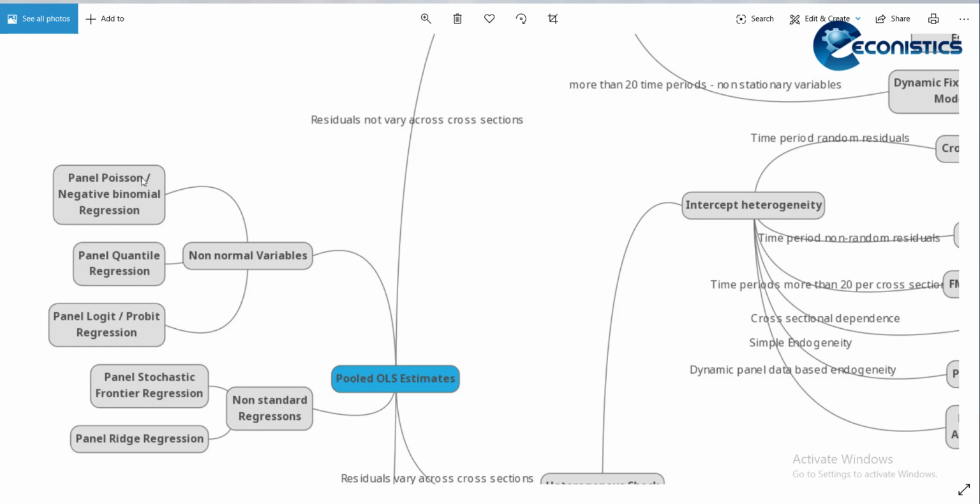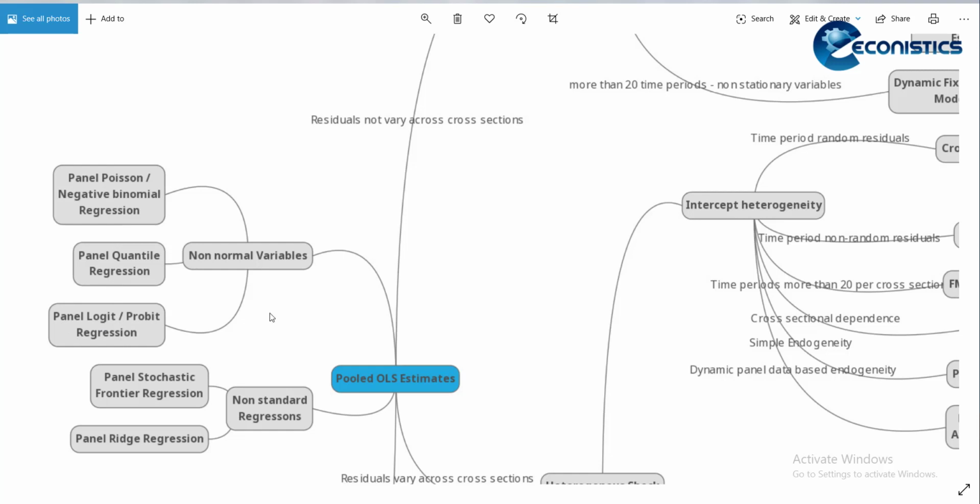If the mean and variance of the variable are the same, then it's Poisson, otherwise it's negative binomial. Then if the dependent variable is not normal, you can use quantile regression using the median approach. So you can use panel median regression within the quantile regression. And if your dependent variable is binary, you can use panel logit or probit regressions.